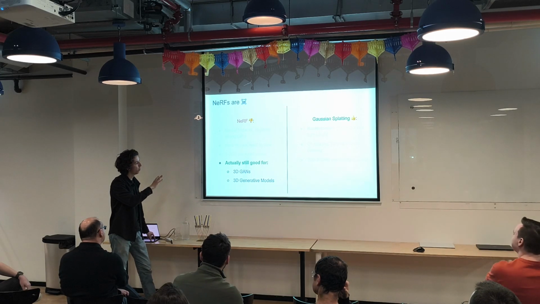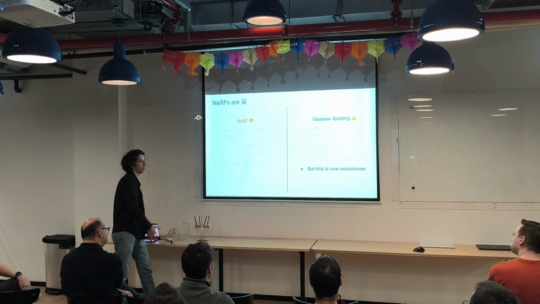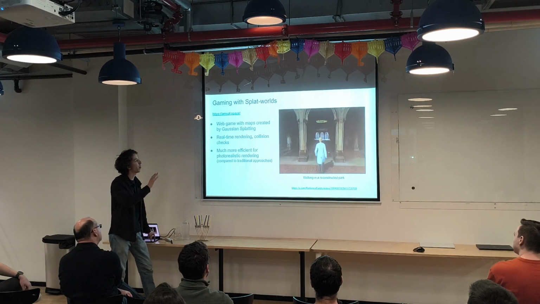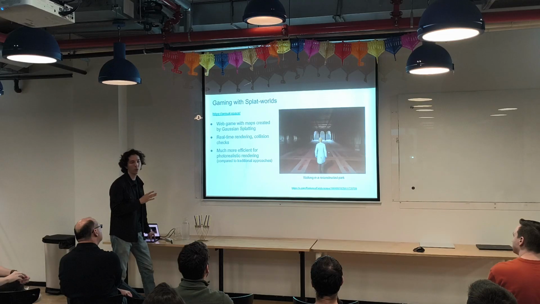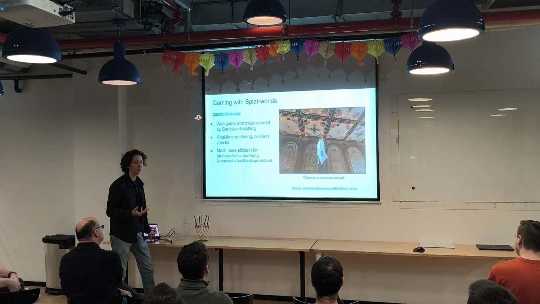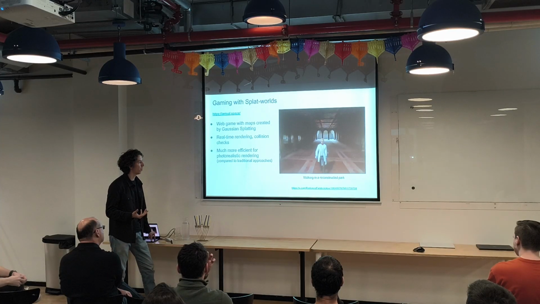NeRFs are still applicable there, but for every other use case, Gaussian splatting is now mainstream. It's now very popular for representing 3D photorealistic models. For example, there are a bunch of examples of trying to use it for game development, because to achieve photorealistic scenes, something that looks very real, it's a lot of work to do with traditional